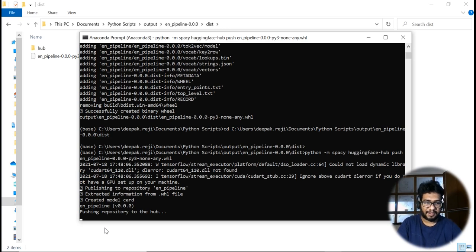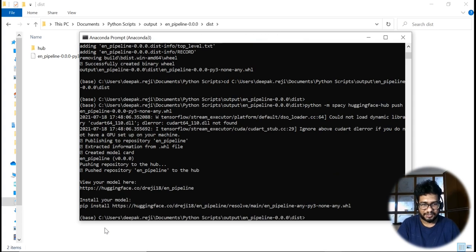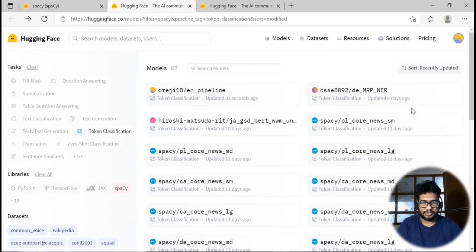The best part is we can try out our model inside Hugging Face, and we can load it. That's something very nice. So it actually pushed the file without any error. Here, you can go to recently uploaded, and you can see DRegi 18 en pipeline.